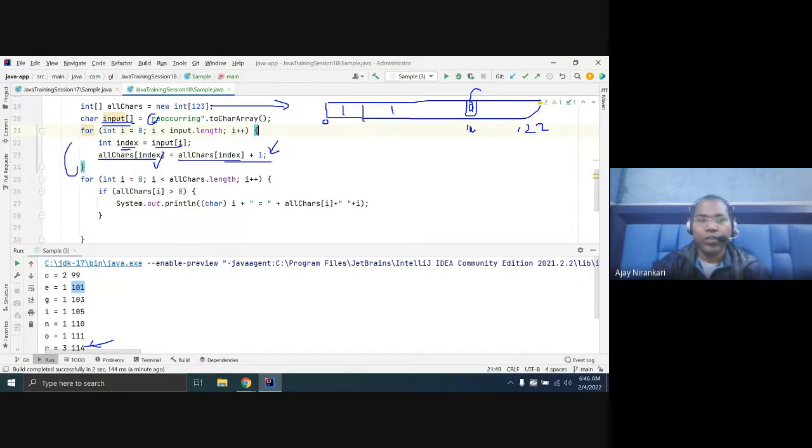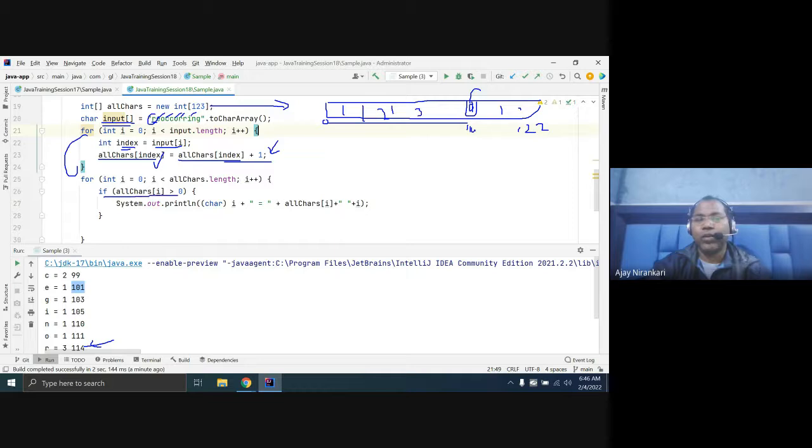In this way, as you go through each character, your array is filled with somewhere 2, somewhere 3, somewhere 1, somewhere 1. In the next loop, I only want to figure out which entries have a value greater than 0.